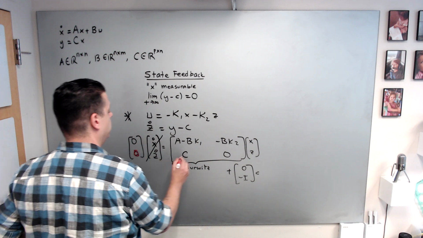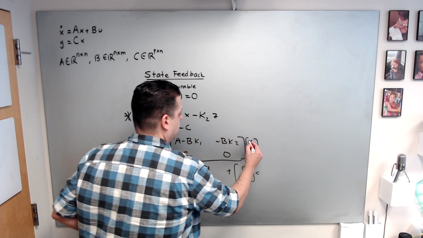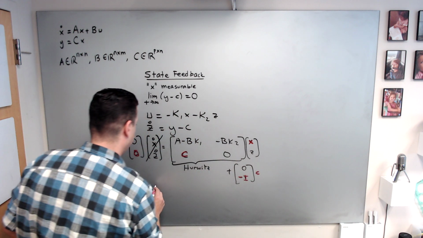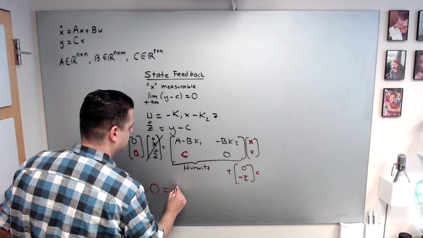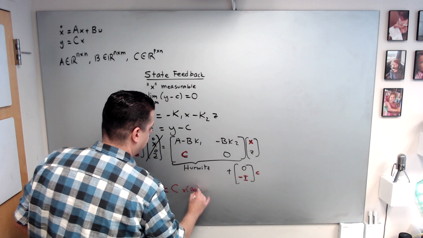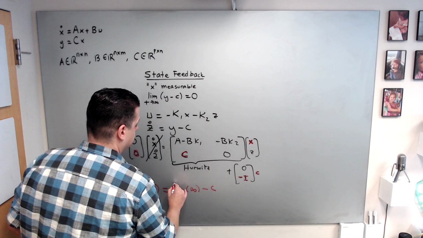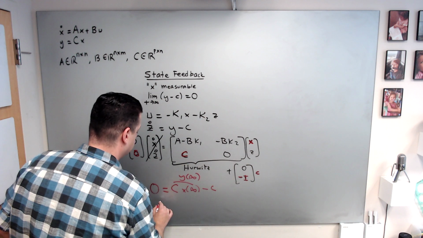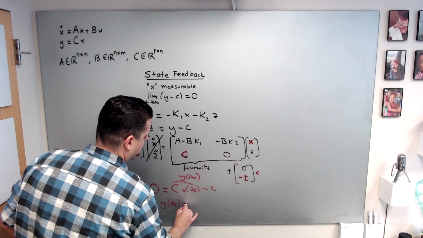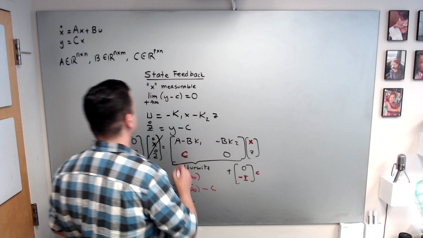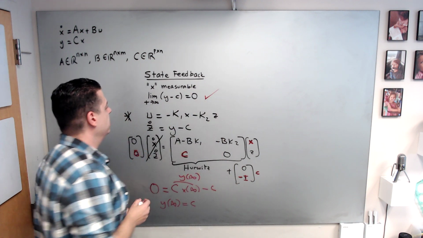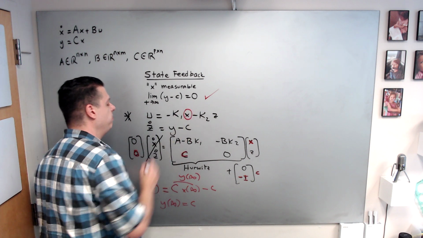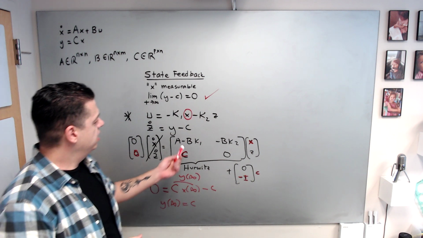This one, 0, C multiplied by X minus identity C. So we have 0 equals C x infinity minus C. Now this is y infinity. So if you make this Hurwitz, y infinity will be command. In other words, we are satisfying this for the case when x is measurable. So all you need is to make this